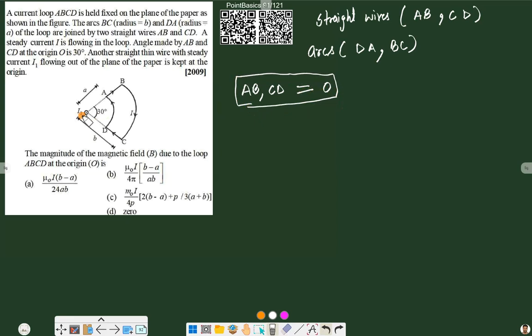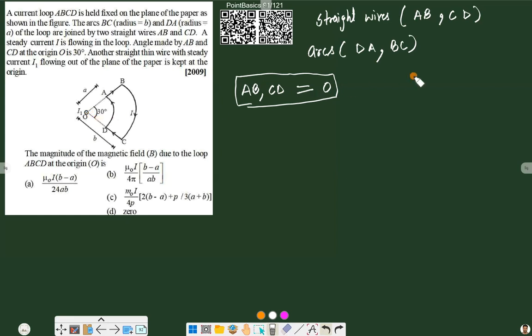Why? Because point O lies on its axis. If it had been somewhere on the equatorial axis, or somewhere in between axial and equatorial, then it would have some value of magnetic field. But in the case of the axis, there is no magnetic field because both of the angles reduce to 0